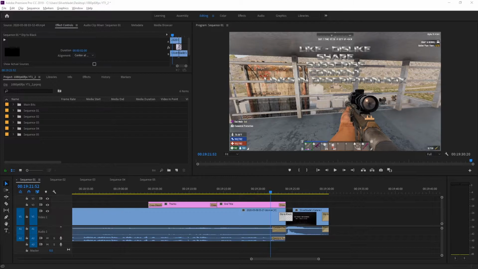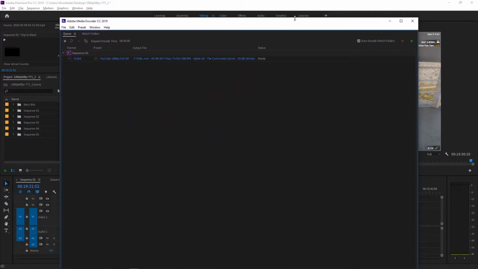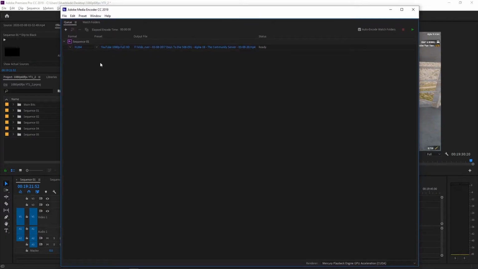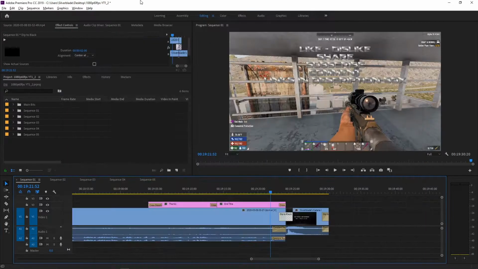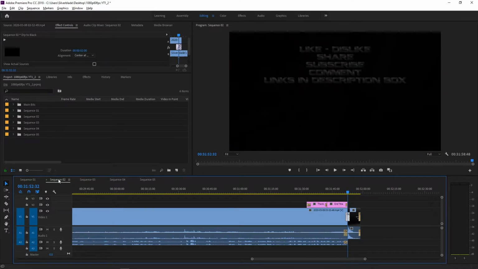There we go. Alright, so right here it's got, bring it up there. So right there is the video ready to get rendered. But we're not done yet. So come here, Control M,